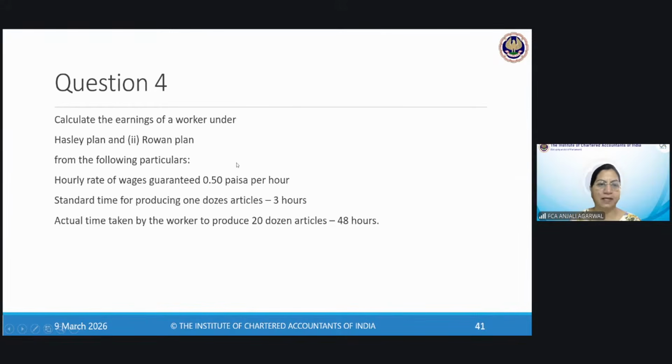Next, you have incentive plans. So how are the workers paid? One is time rate. So if they have spent 10 hours, pay them for 10 hours. Let's say the hourly rate is 10 rupees per hour. So if they work for 10 hours, 10 into 10, the worker will get 100 rupees. Let's say the standard time to manufacture one unit is such that 1 hour means 5 units. So if in 1 hour you are manufacturing 5 units and for 1 hour you are paying 10 rupees,